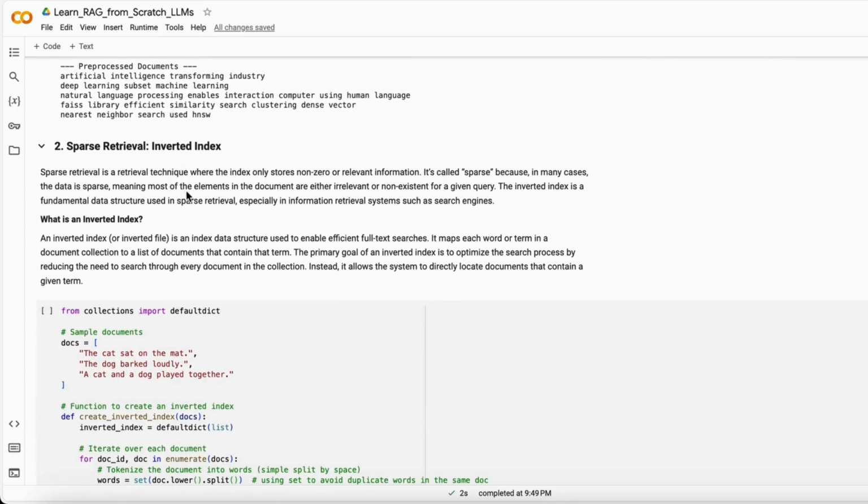Okay, and then we can use sparse retrieval as well. If you don't know, sparse retrieval is a technique where the index only stores the non-zero or relevant information. There is no zero value there, so it is called sparse because in many cases the data is sparse, meaning most of the elements in the documents are either irrelevant or zero. So the inverted index is a fundamental data structure used in sparse retrieval, especially in information retrieval such as